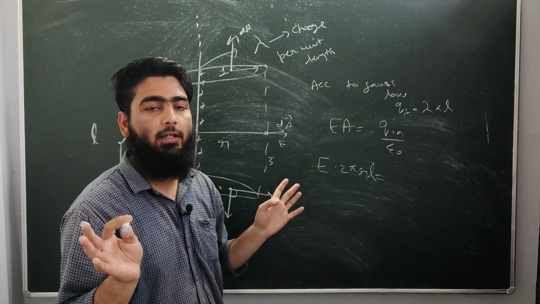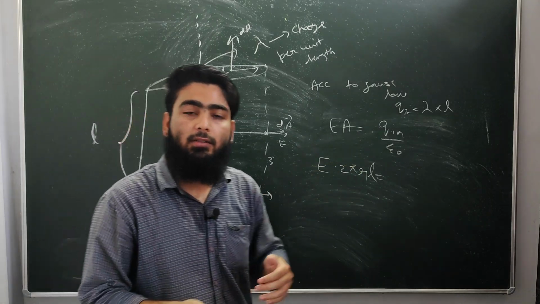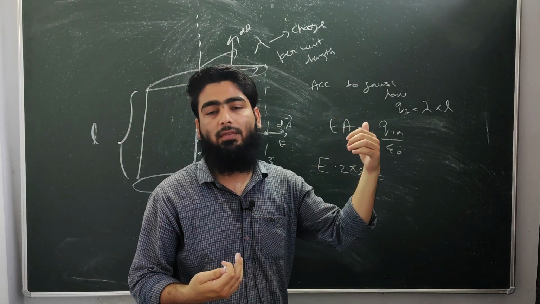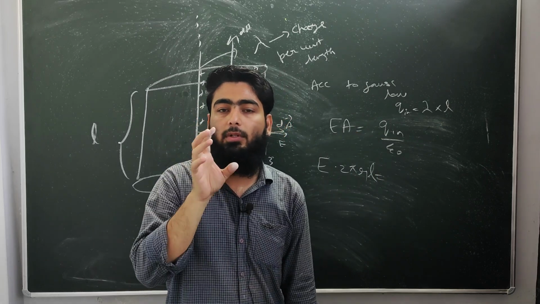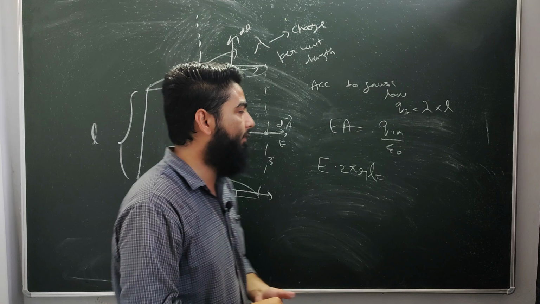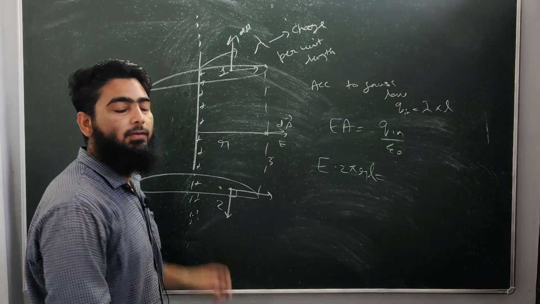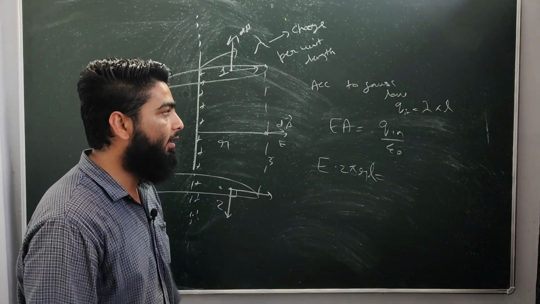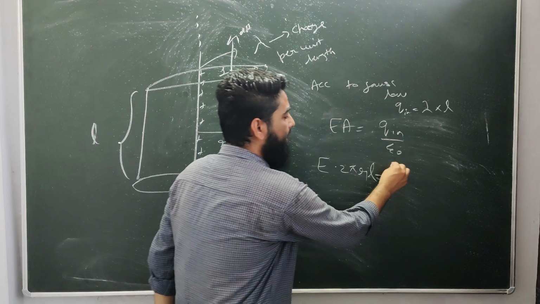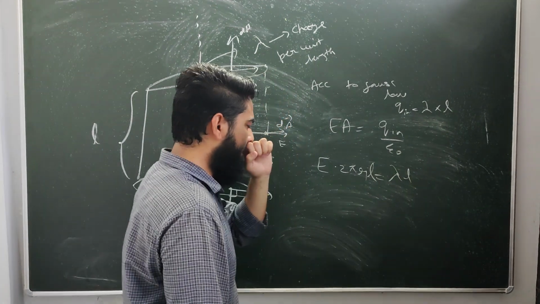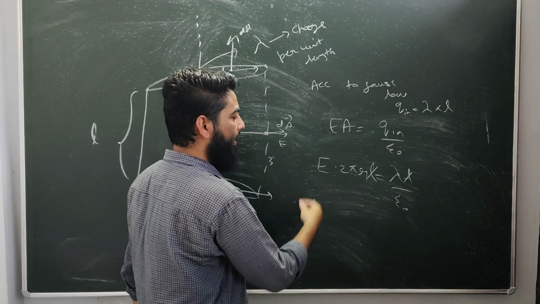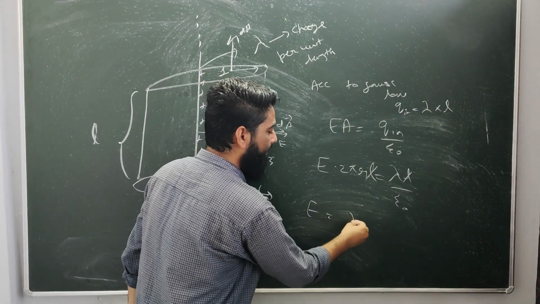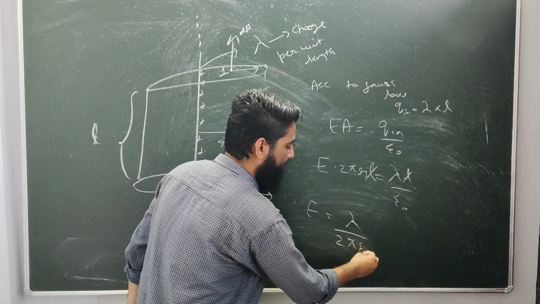I hope this is clear. It is very clear because the charge is also infinite, since the length of the rod is infinite. So you are going to find the charge only in the portion which is inside the Gaussian surface, and only L length of the rod is in the Gaussian surface. So I have written lambda L. So I will write lambda L upon epsilon naught. Else I will cut down L. So the electric field will be lambda upon 2 pi epsilon naught R.